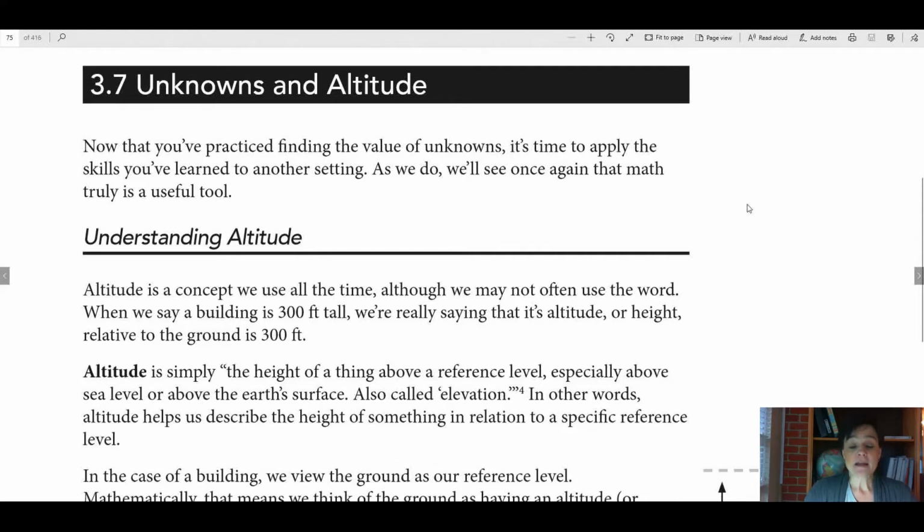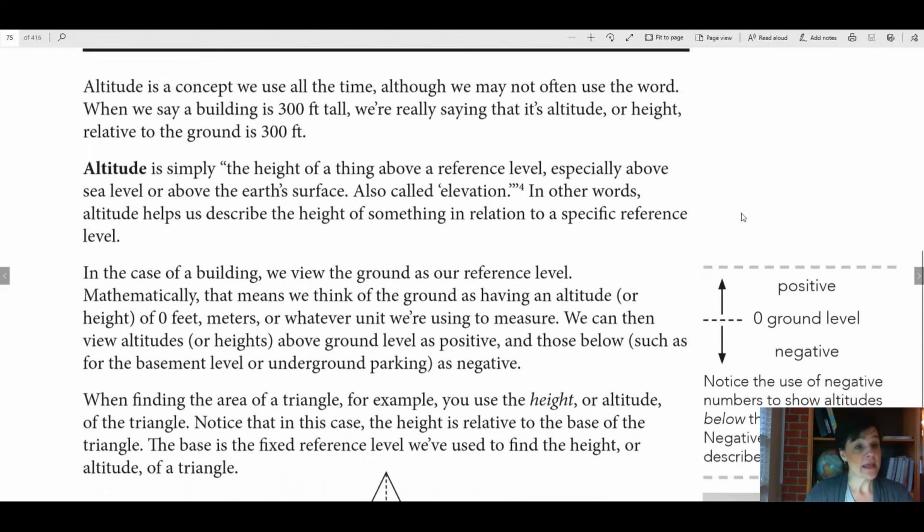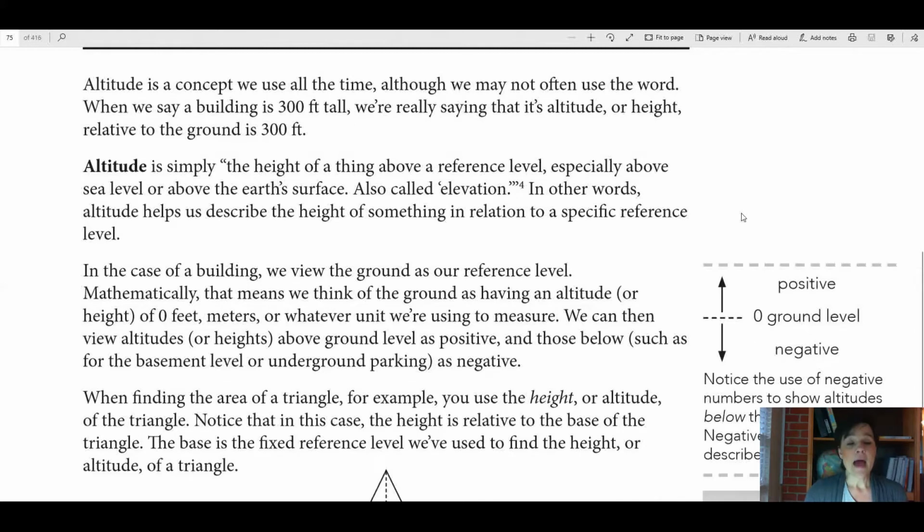All right, now we've practiced finding the value of unknowns. It's time to apply the skills that you've learned to another setting. As we do, we'll see once again that math truly is a useful tool. Altitude is a concept that we use all the time, but we don't usually use this word. When we say a building's 300 feet tall, we're really saying that its altitude or height relative to the ground